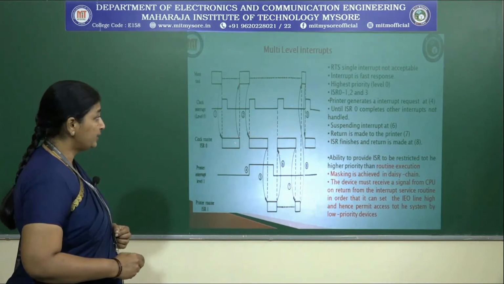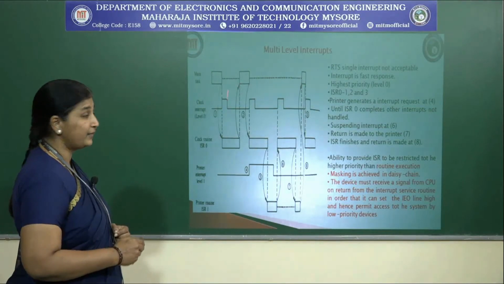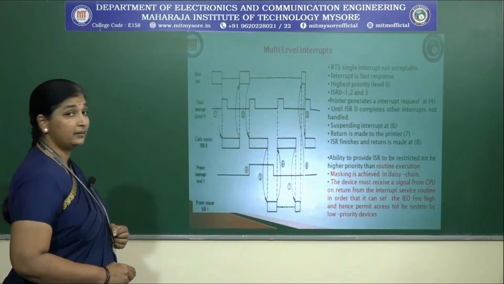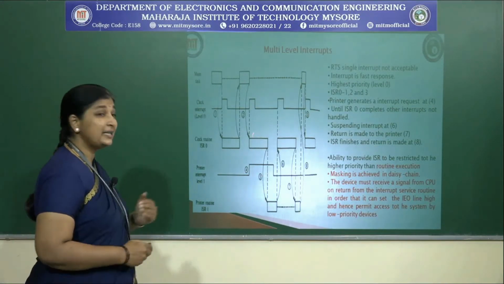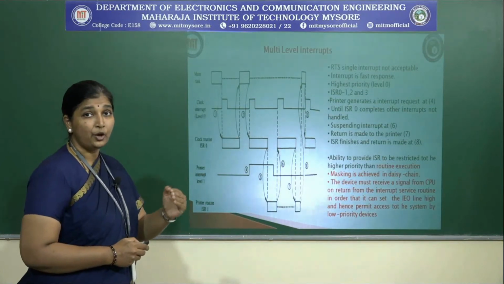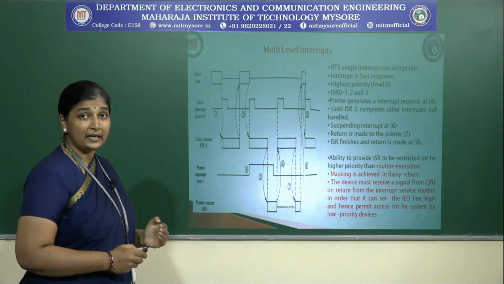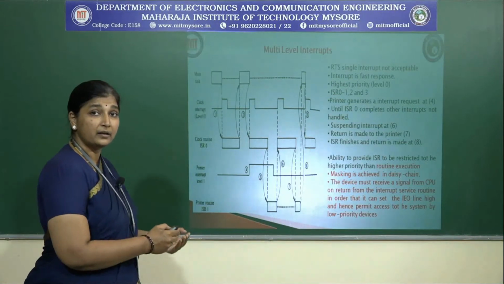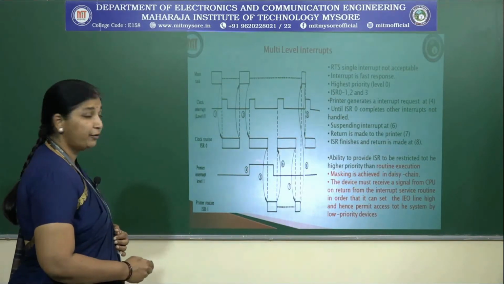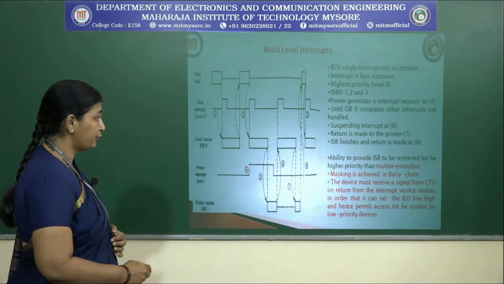During clock 1, when the interrupt is being handled, there could be a printer that raises an interrupt, saying that I have to interrupt now during your main routine program, so please kindly allow me to set an interrupt. So it tries to raise an interrupt at clock 4. What will happen at clock 4?